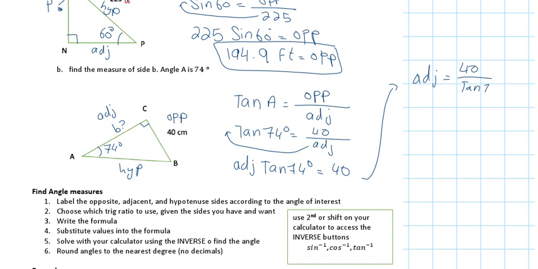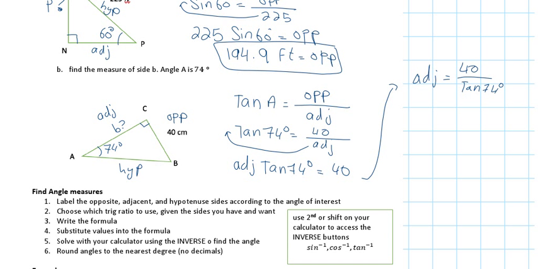I sometimes refer to it as you're switching spots, right? You bring the adjacent to the top, you bring the tan 74 to the bottom, but these are the actual steps for it, okay? So now I have 40 divided by